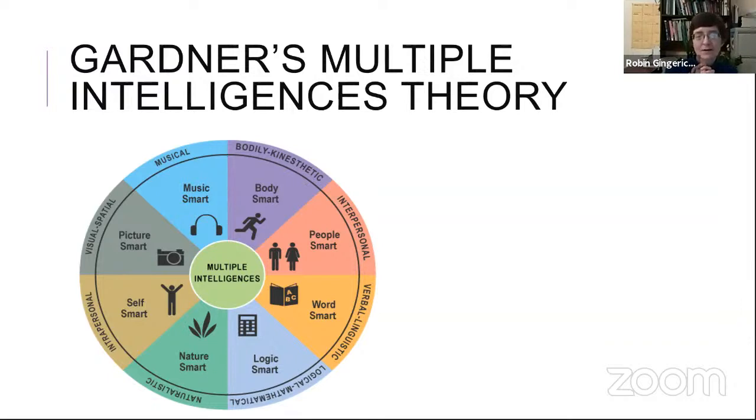Some of my friends are logically smart and they're very, very good at math. In fact, my brother is logically smart. He can do multiplication and division in his head, and he's very good at it. Now, multiple intelligences says that we all have a little bit of all of these intelligences, but some might be stronger than others. And so we realize that our students bring these multiple intelligences into the classroom, and we can recognize that they bring their different gifts into the classroom.